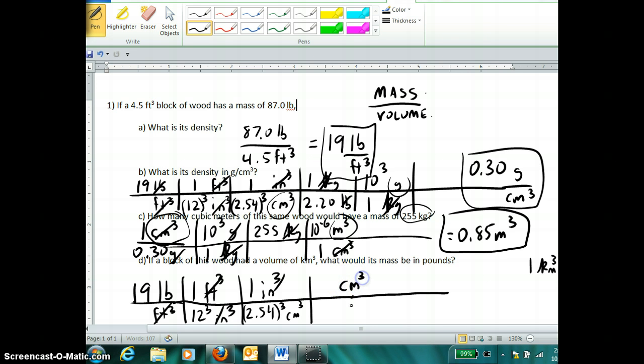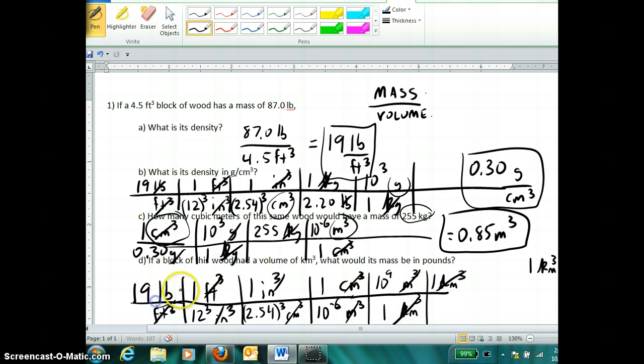And of course, to get from centimeters cubed to kilometers cubed, I'm going to take 2 steps. First, convert the centimeters cubed to meters cubed. And I know that 1 centi means 10 to the negative 2, but if I cube that value, I get 10 to the negative 6th. And then finally, I know that I can convert cubic meters to kilometers cubed. 1 kilo is 10 to the third of something, but if I cube 10 to the third, I get 10 to the 9th. Meters cubed cancel, and now we have kilometers cubed, which we can cancel with the given cubic kilometer,